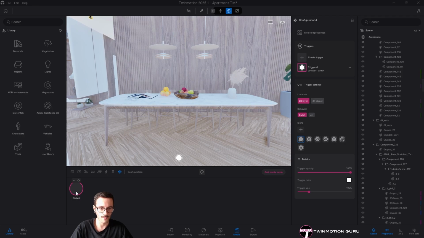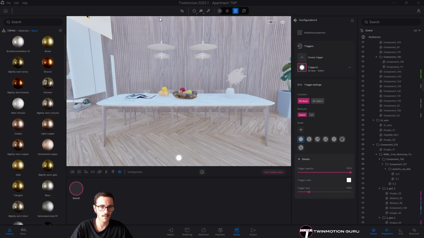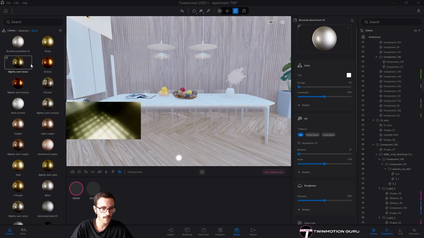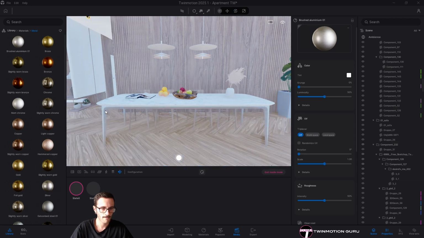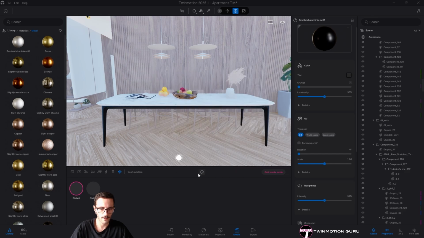So this will be the first stage. So the table with hood leg and marble horizontal plane. But what if we want maybe something like that as a second stage? And what if we want something like this in a third stage?